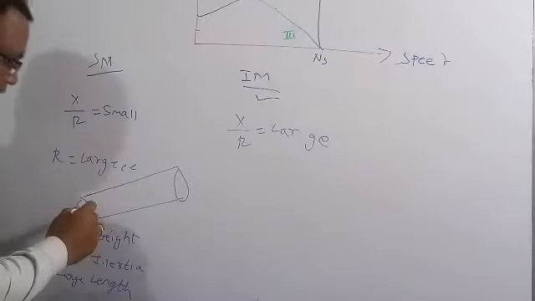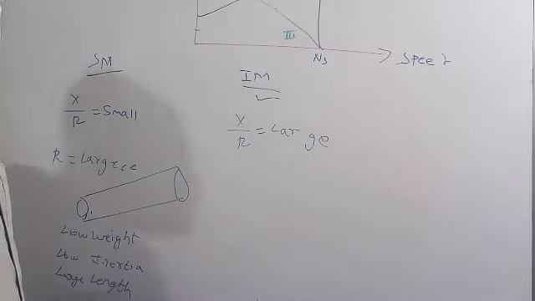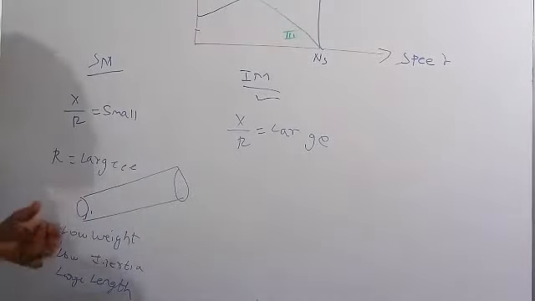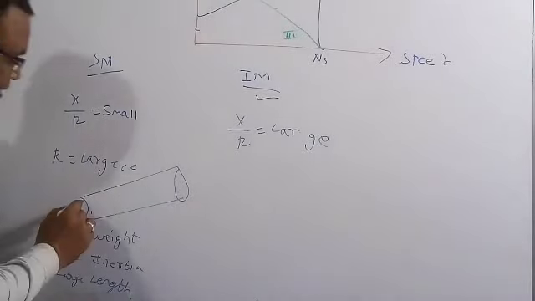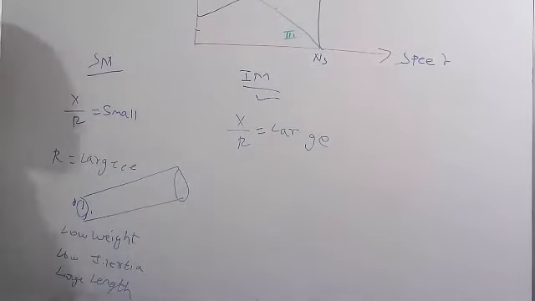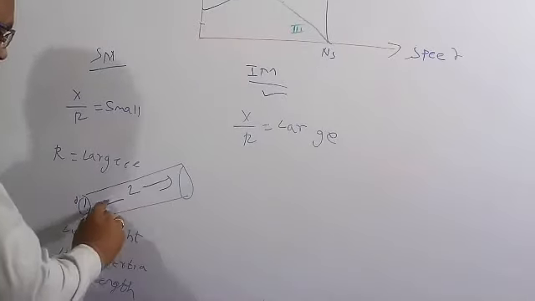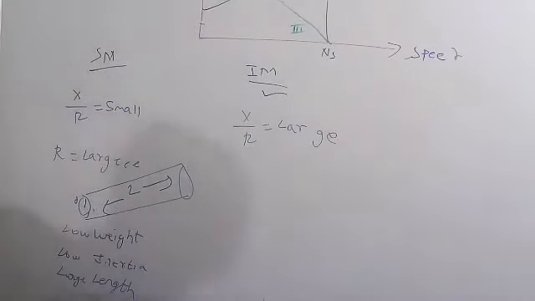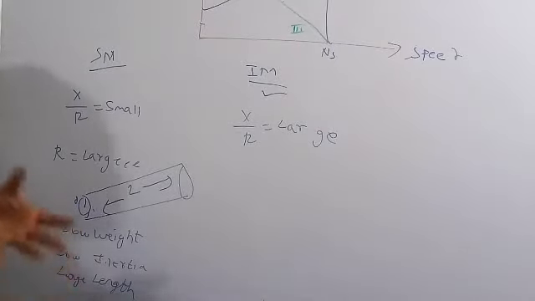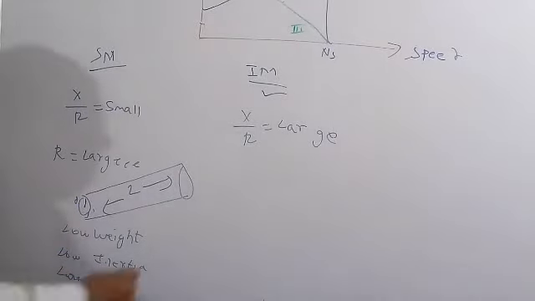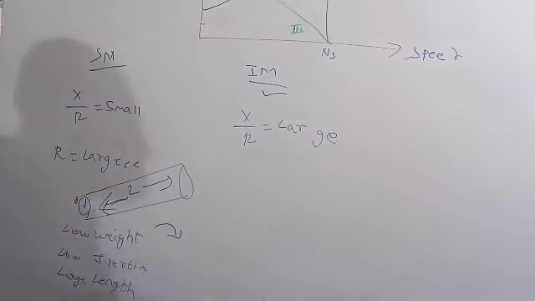Therefore, in the construction, the rotor has a very large length but a very small diameter. The diameter of the AC servo motor rotor is very small but the length is huge. The weight of this rotor is also very low, meaning low inertia. Low weight means low inertia, so we can easily handle it, and it has very high speeds and a large length. These are the important facts of the AC servo motor.